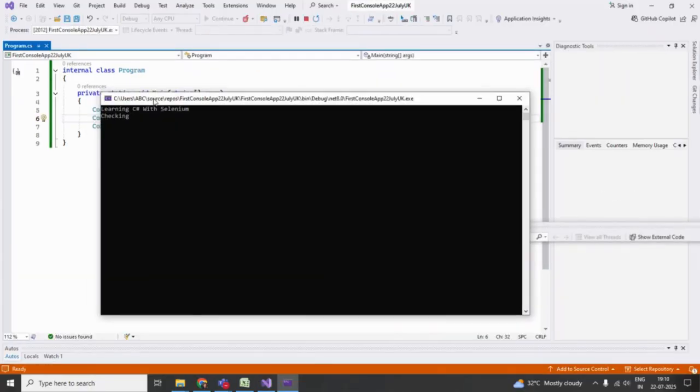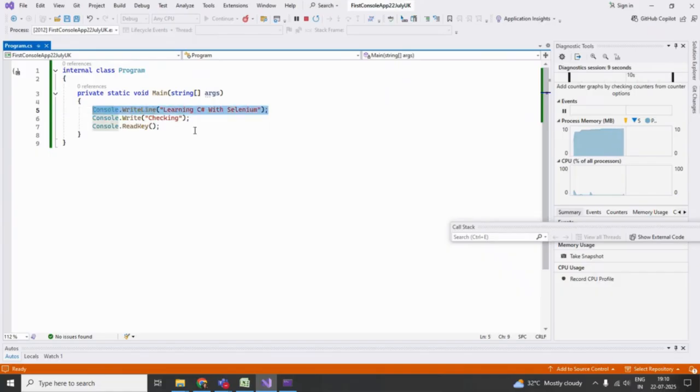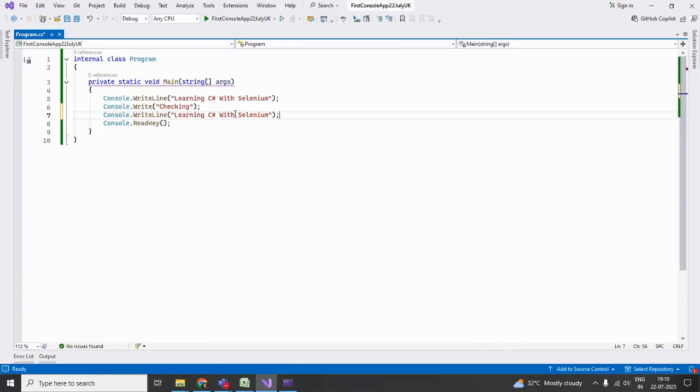Now you can't tell the difference right now. So what is the difference between these two? Suppose what will I do? I will just copy this line and paste it over here and say a simple word, selenium. Now if I run this again,